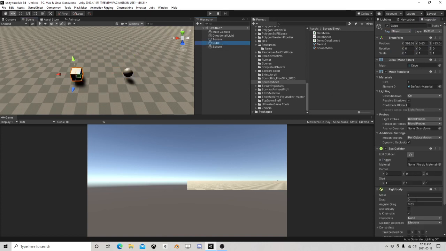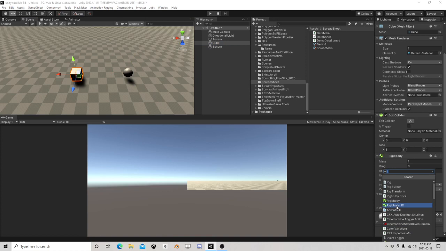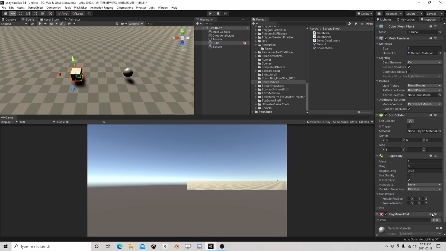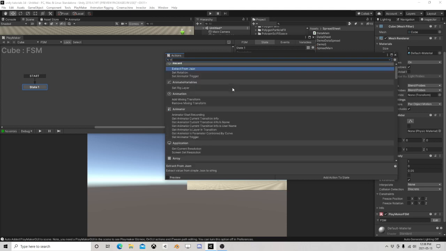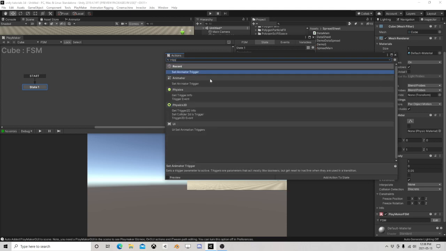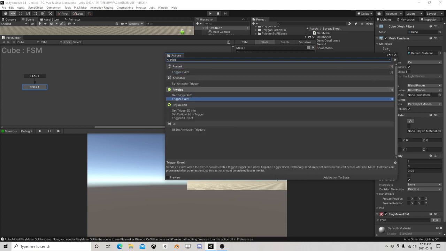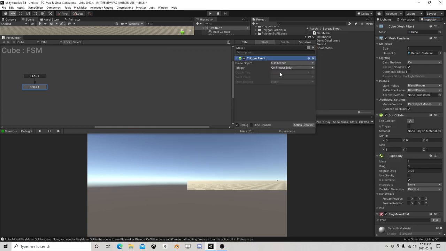So PlayMaker wise, I could go like this. Trigger event on trigger enter with item, send event, we'll say collect, store the collider of what we hit as the hit object,